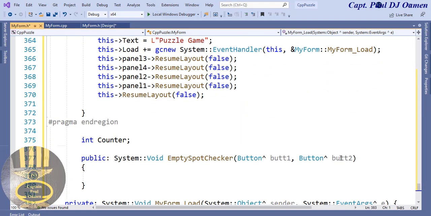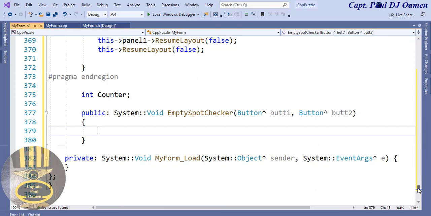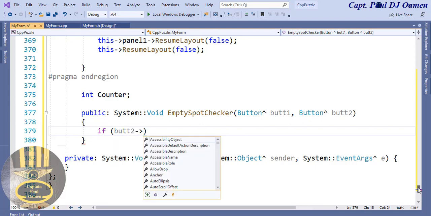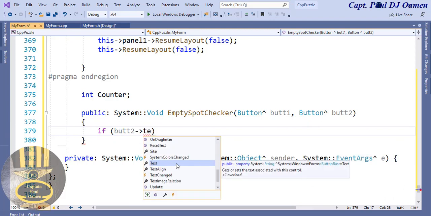That is it right there. I want to take that as my button number 2. So let's use an if statement to get this sorted. So I'm going to say if button2.text, if it's empty,